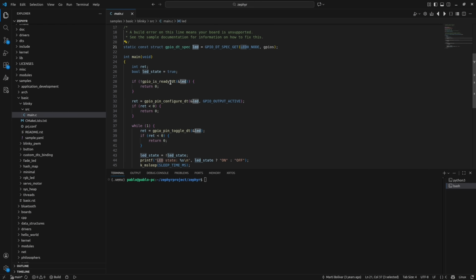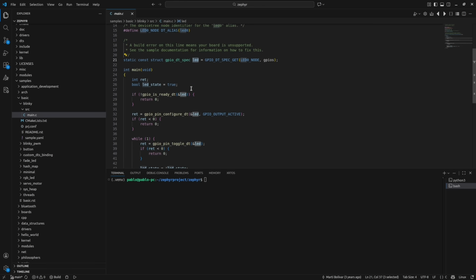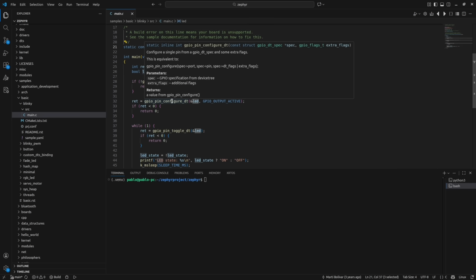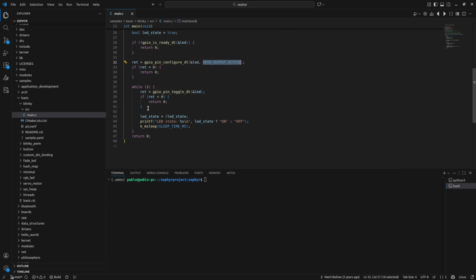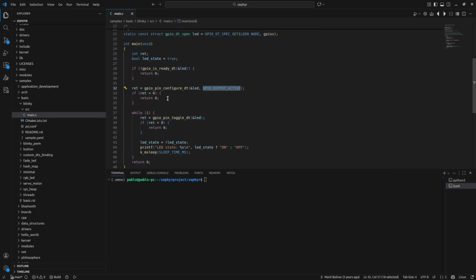In the main function, in line 28, we check if the GPIO is ready to use, and if everything is correct, we set the LED as output and enable it. In the main loop, we are toggling the LED and printing the state in a terminal. That's it. That is what the code is doing.